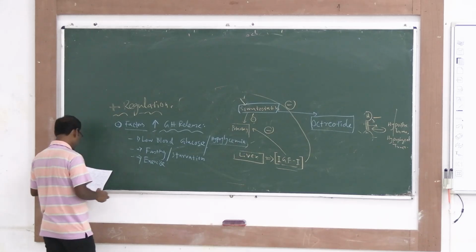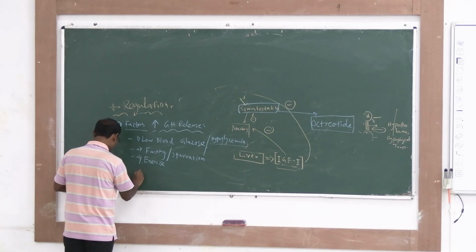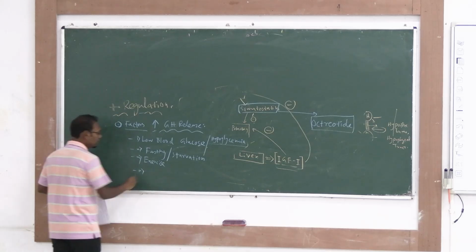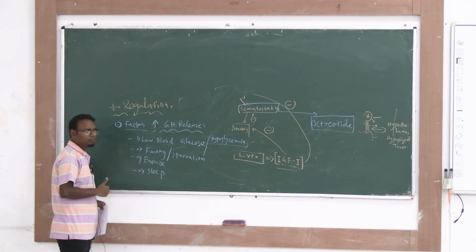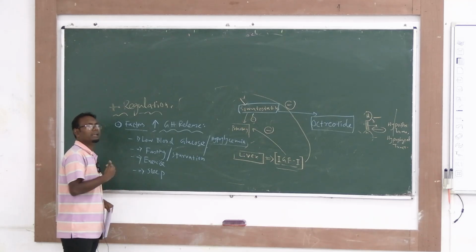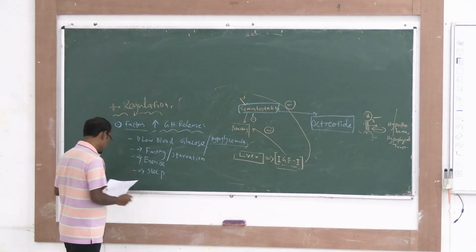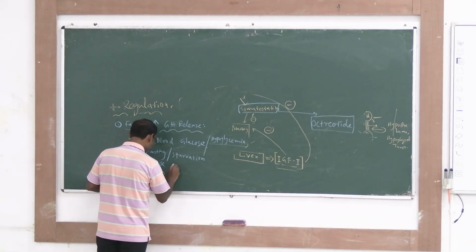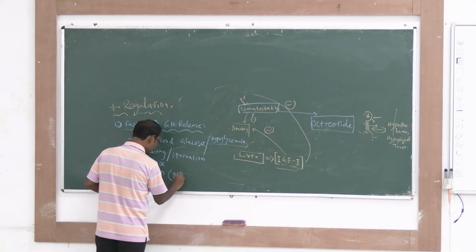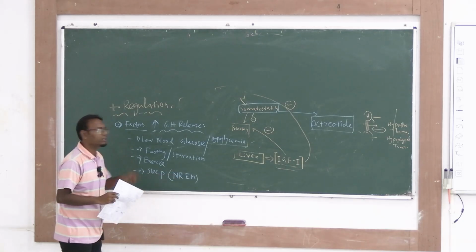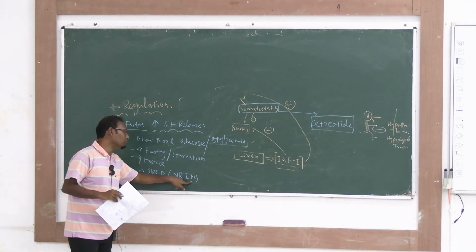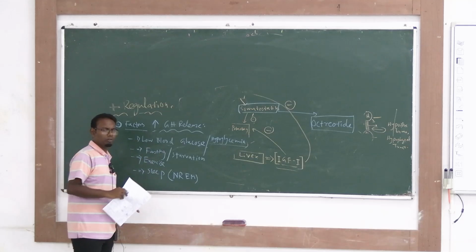Next, finally, in case of sleep, okay, in case of sleep there are two types, REM sleep, rapid eye movement sleep, and NREM sleep. So in case of sleep, in case of NREM sleep, so when you are in rapid REM sleep, what does that mean? Rapid eye movement sleep. So when we are doing rapid eye movement, that means our sleep is not deep, okay?